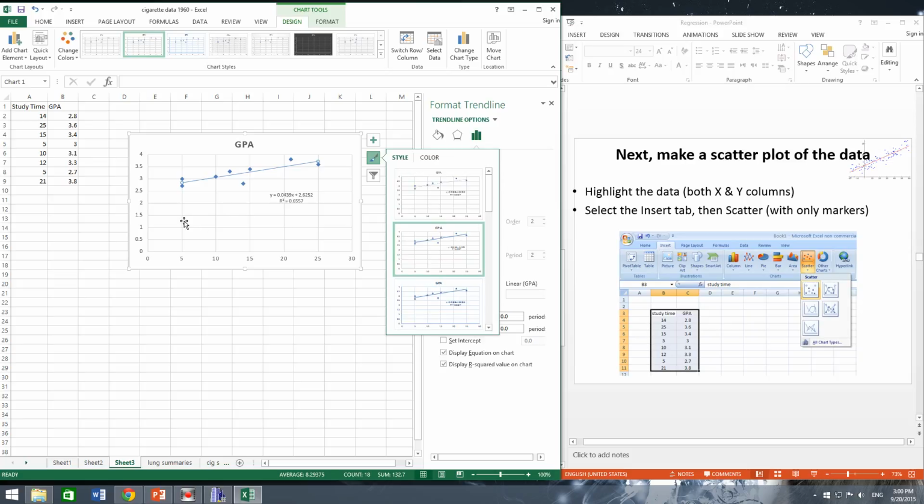I want a solid trend line, so I played with it a little bit to get a solid trend line. In this version of Excel, that was an option. If you use older versions of Excel, you do get a solid line. Okay, so